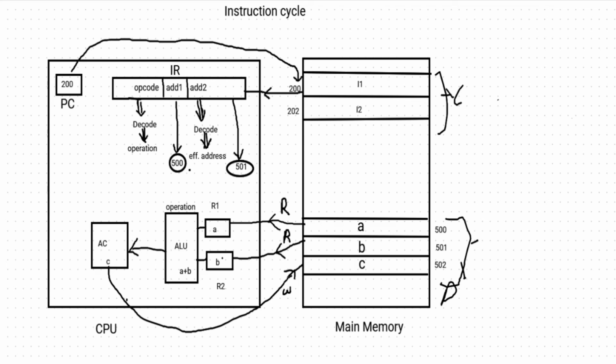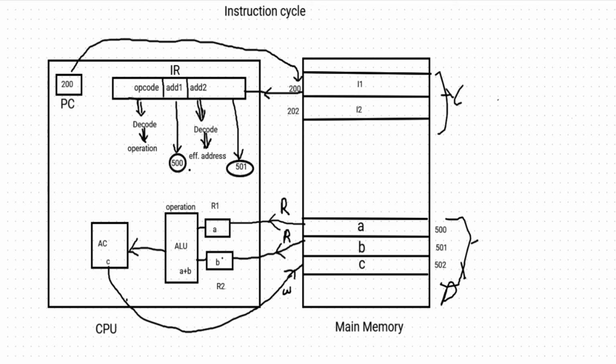We'll decode. The first process is decoding all these instructions. If we decode opcode, we'll get operation as plus, and if we decode address 1 and address 2, we'll get effective address of 500. Then CPU will go in search of 500 inside the main memory. Inside the 500, we have this operand a. We'll fetch this operand and bring it to a register, say a data register. Every value which comes from a data bus is stored inside a data register. Let's say R1 and R2 are two data registers, and value of A is brought to R1 register, and